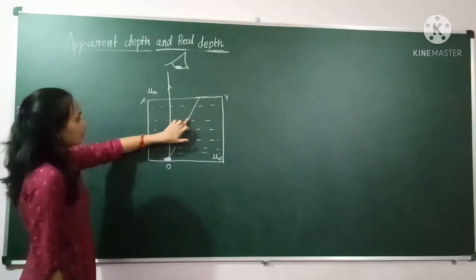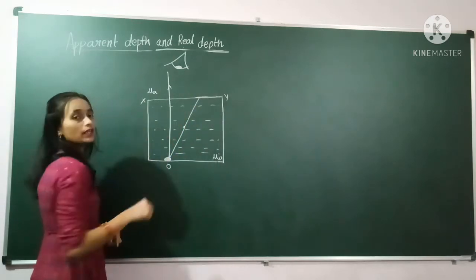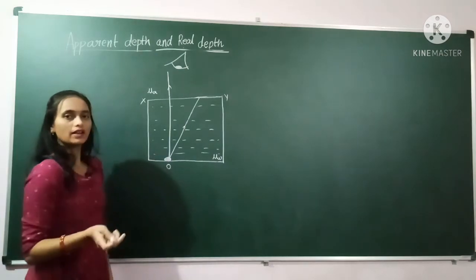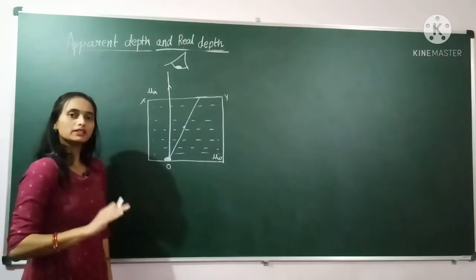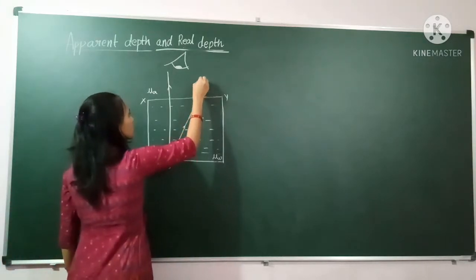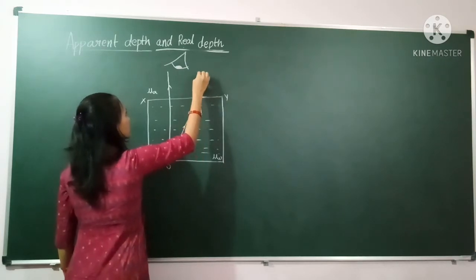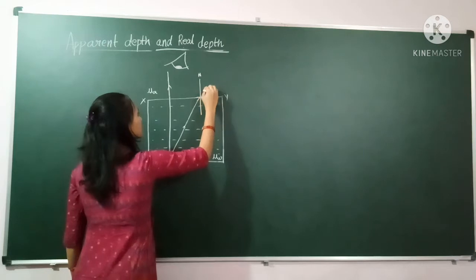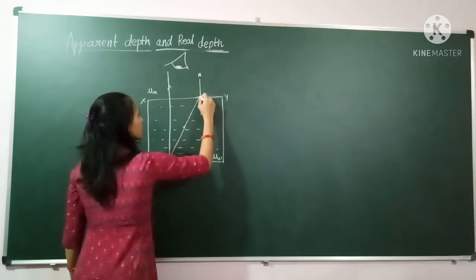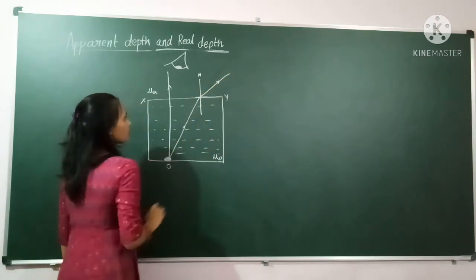So here, light rays are traveling from which medium? Water is the denser medium and air is the rarer medium. So this light ray is traveling from denser to rarer. When a light ray travels from a denser to a rarer medium, in which direction does light bend? Light bends away from the normal. So for that, I will draw one normal line. This is our normal line. For this normal line, the light ray would go in this direction, but instead of this direction, the light ray will travel in this direction, which is away from the normal. So this is our refracted ray.